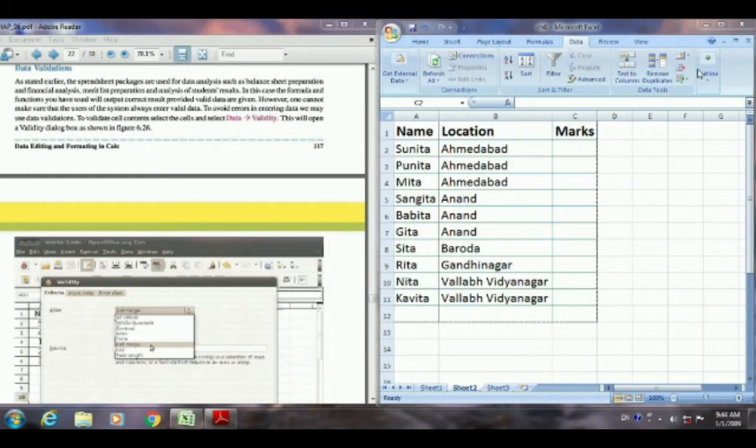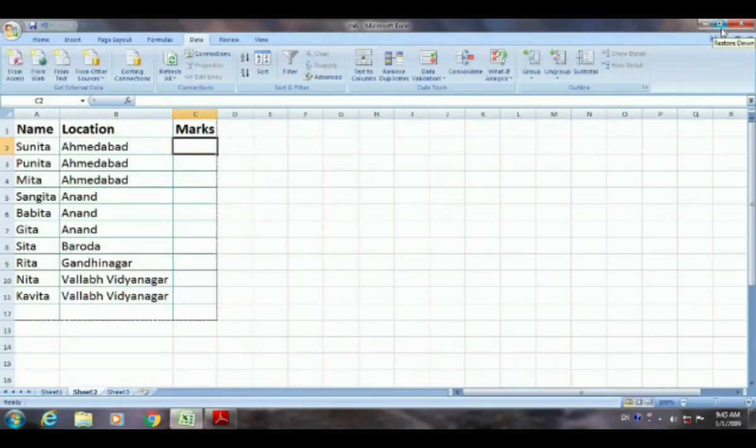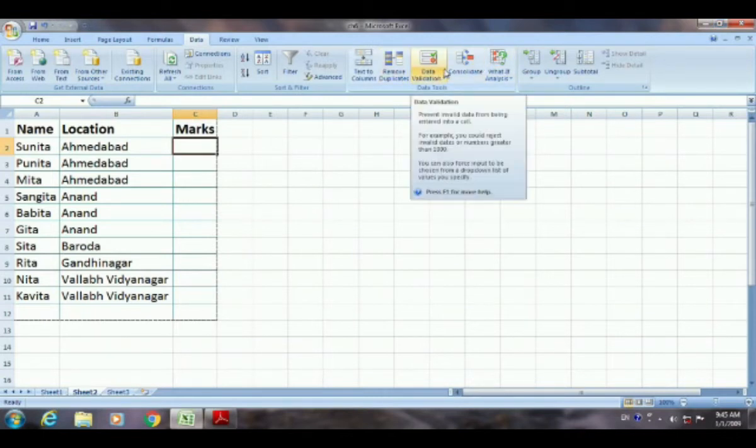The screen is minimized by me, that is why the validation is not visible, but it is in the Data Tools group, and this is the option, Data Validation. When you put the mouse pointer over it, it will show you the name Data Validation, or you can increase the size, and here you can see Data Validation.